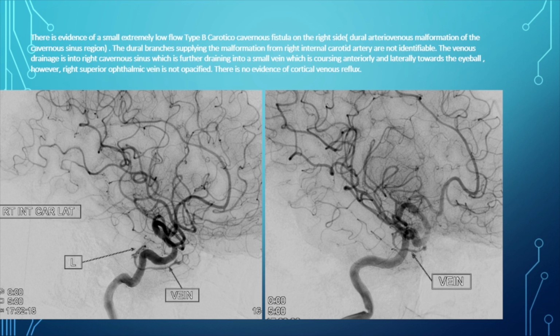Luckily, there was neither a cortical venous reflux or something like that. So this is an extremely low flow type B carotico-cavernous fistula. And because there is no cortical venous reflux, it becomes again safe to manage the patient, at least give a trial of 2 to 3 weeks for intermittent carotid compression massage, because giving endovascular treatment in this patient also will not be easy